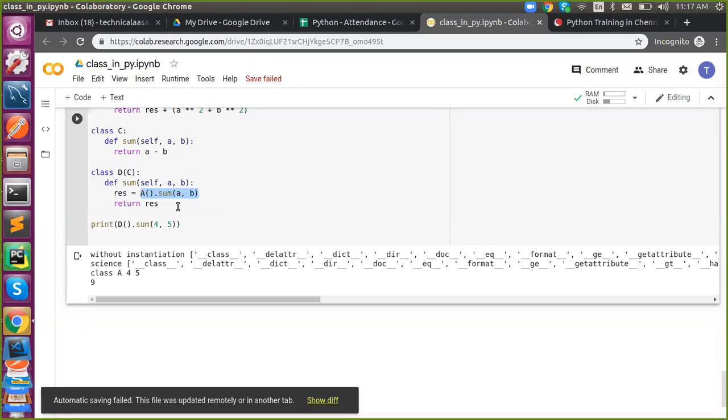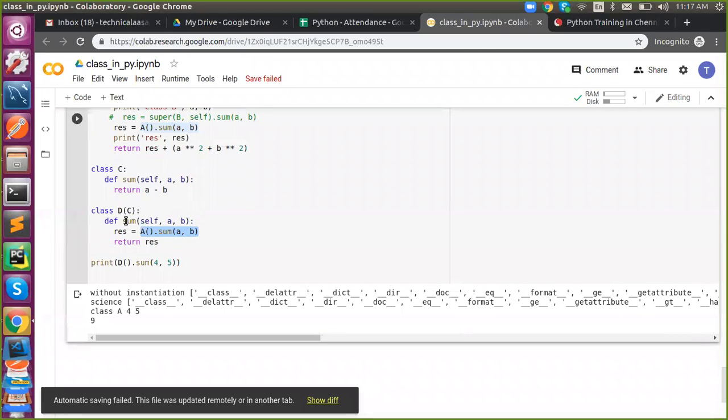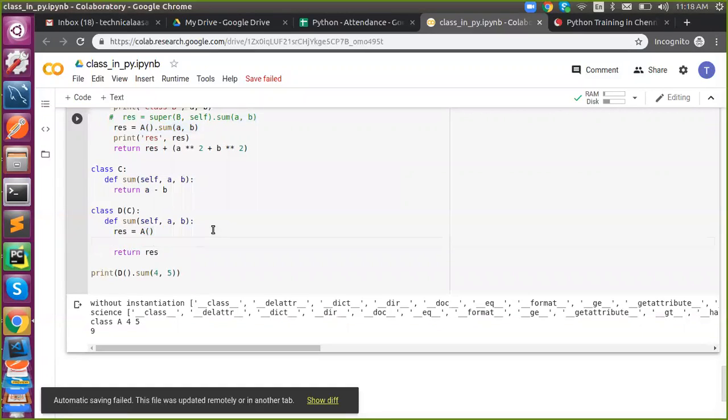Similarly, in inheritance we have direct access, right? Inheritance is something similar to from. So if you inherit C, I'm having direct access, I can say dot sum. Got it? But if you use this method, this is called composition. This is another method, an alternative to inheritance. If I want to use class A sum, I have to use res dot sum. Understand?